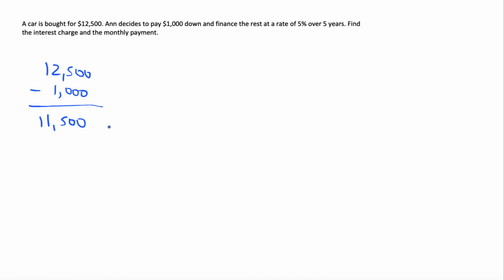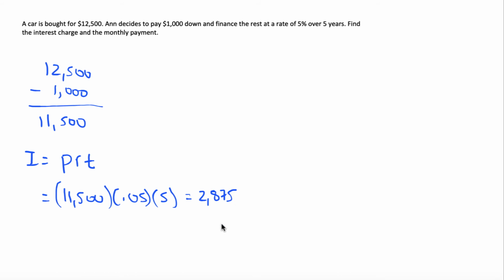Okay, so what we have to do next is to calculate the interest, the interest charge or the finance charge. Now for the interest, for car loans, we use the simple interest formula, right? I equals PRT. So in this case, we're going to multiply that 11,500 times the rate, which is 5%. So let's put that as 0.05, times the time, which is 5 years. So when we multiply all of this together, we get